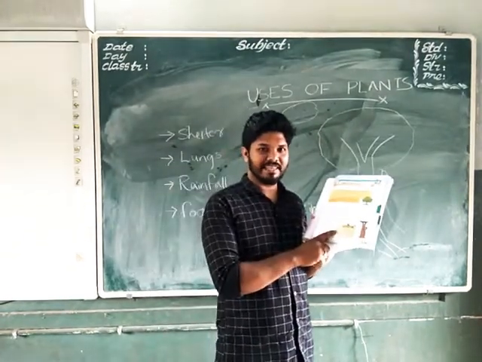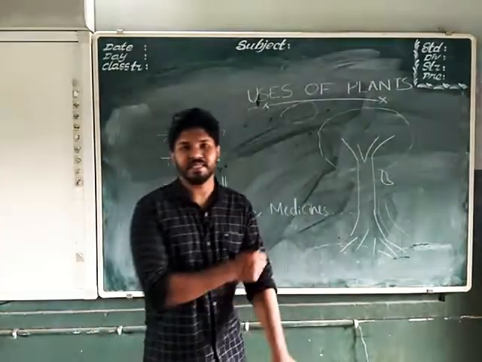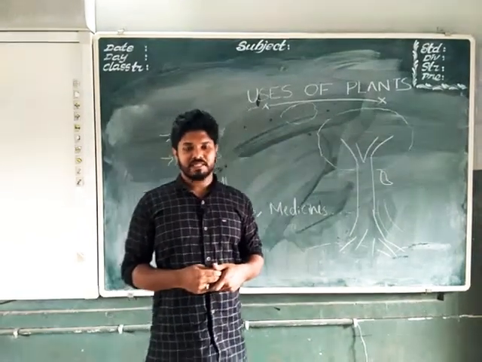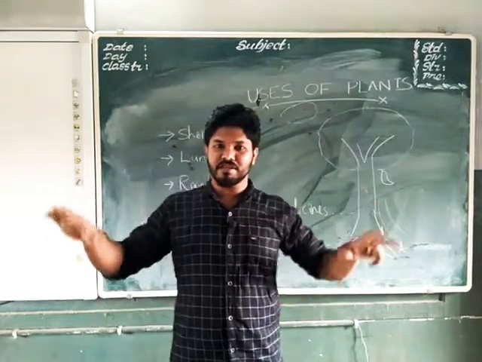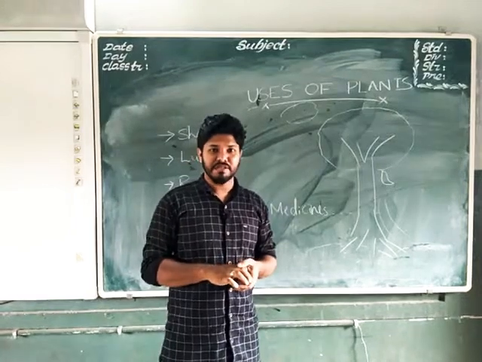Okay, here you can see a Did You Know portion. There is a banyan tree. You know what a banyan tree is? We can see mostly in our areas also banyan trees. They can have up to 1,000 trunks. Some of the very huge banyan trees have 1,000 trunks, and it covers an area of up to